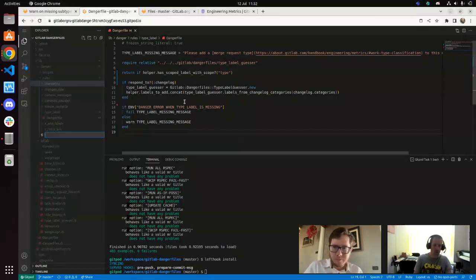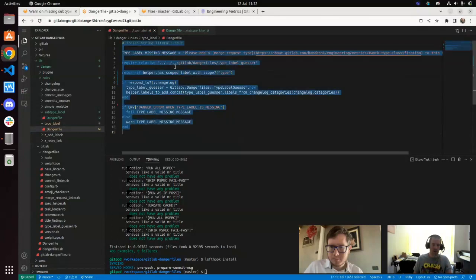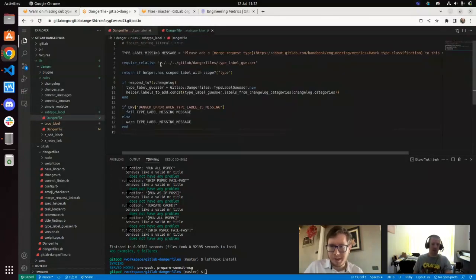New file. So we'll do this one's type label, so we'll do subtype label, change file. And I guess we'll just copy everything in there at first. So should we try and be intelligent, or should we just say